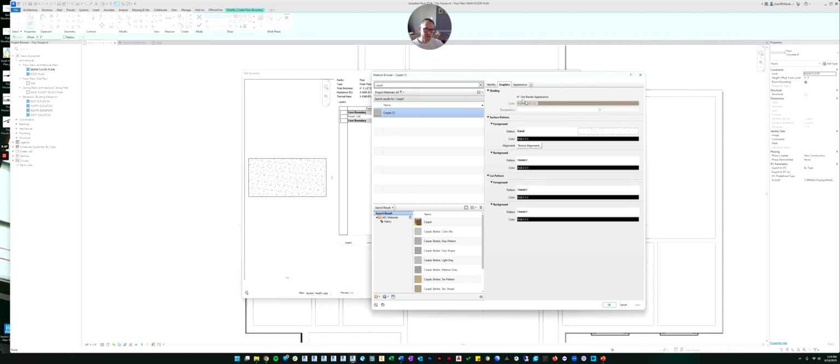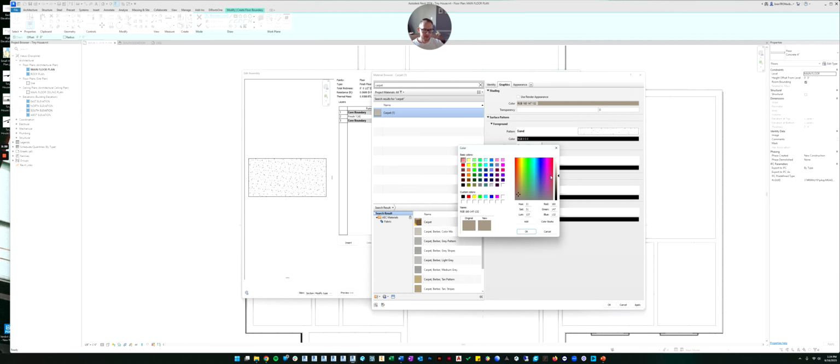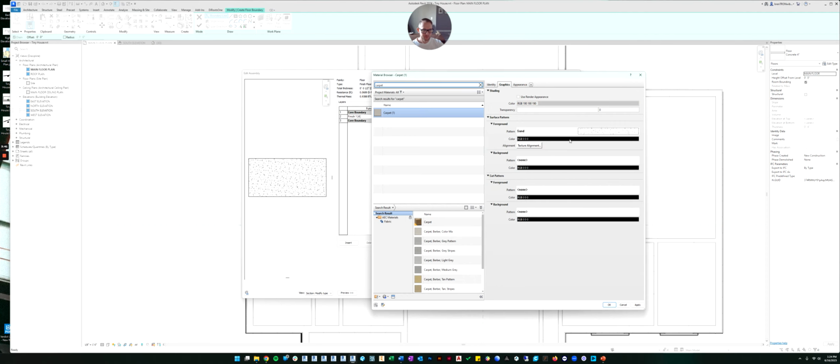So you can see the color. If you don't like the color of the carpet, we can uncheck this box and change it to, like, if you want gray, we can move it to a light gray carpet. And then by default, the texture pattern on the surface is just kind of this sandy looking color or pattern.